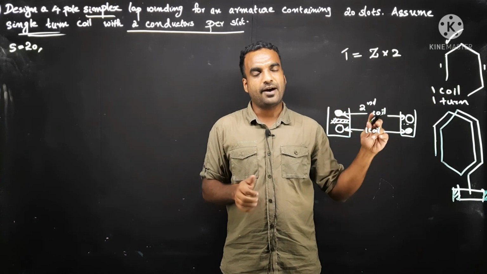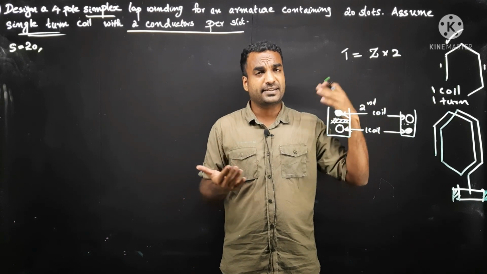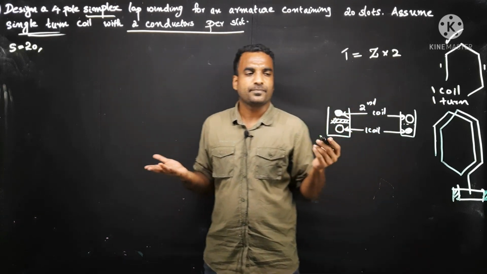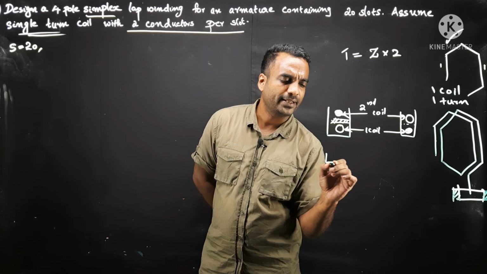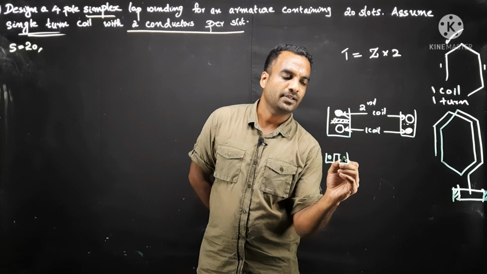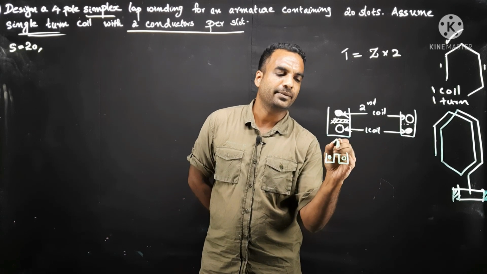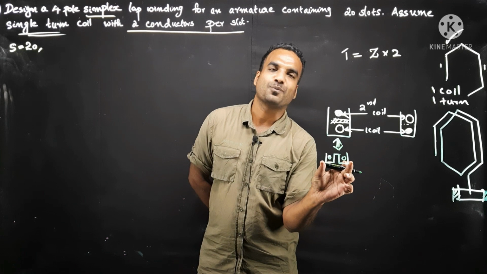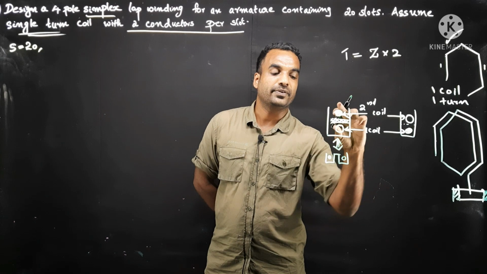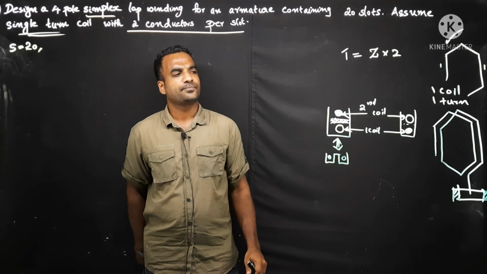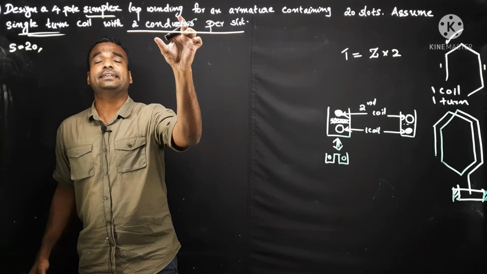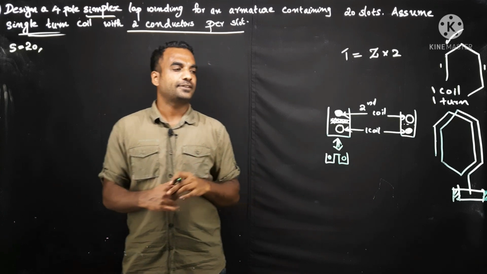One coil is finished. After some time, at some other point of winding, you use the slot again to place another coil. Actually, you can make it like this also: two small slots, one this one and the other this one. Both are the same. Instead of making two small slots, you make a big slot and insulate between these two conductors. That is the case. So it is a two-conductor system where each slot contains two conductors.